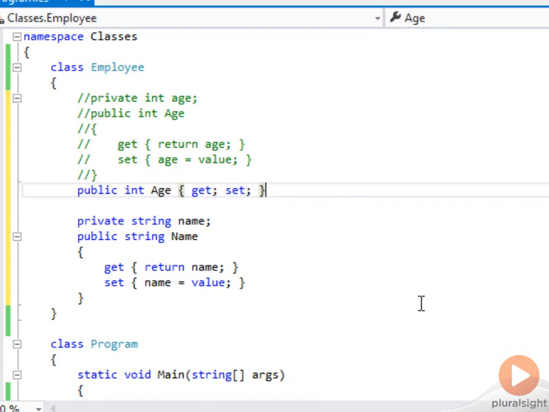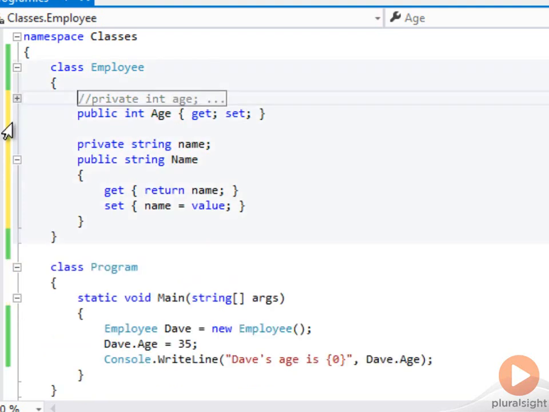And that one line is a signal to the compiler that will translate back as if you had typed all of this above. It's exactly the same and works exactly the same. Behind the scenes, a backing variable is created. Get effectively calls the getter that returns that backing variable, and set effectively passes the value in to that backing variable. So age becomes tremendously simplified,